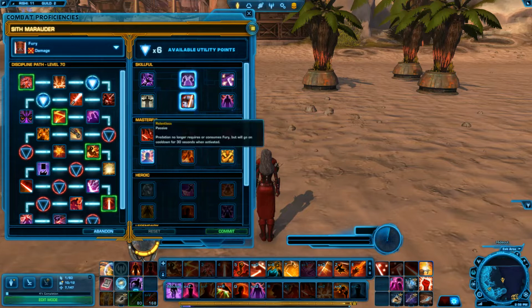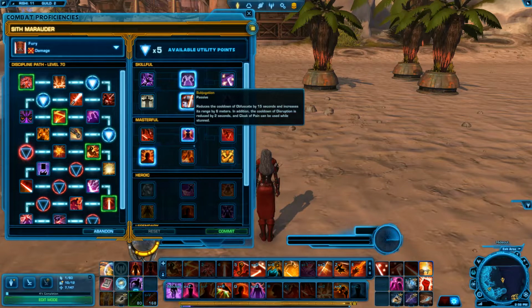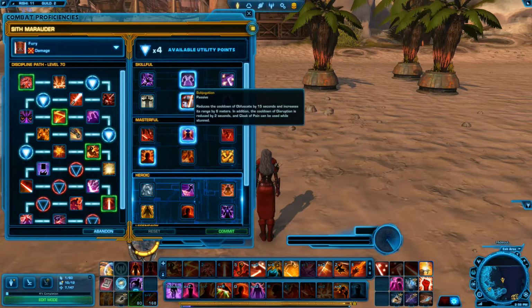On Masterful, you're actually going to take three. You're going to take Relentless, because it's going to turn your Predation into just its own ability, and it's not going to consume Fury anymore. That's going to be really useful because you're going to want to use Berserk for building Fury instead of just Berserk Predationing. Subjugation is also very nice to take because it's going to reduce the cooldown on your Obfuscate,